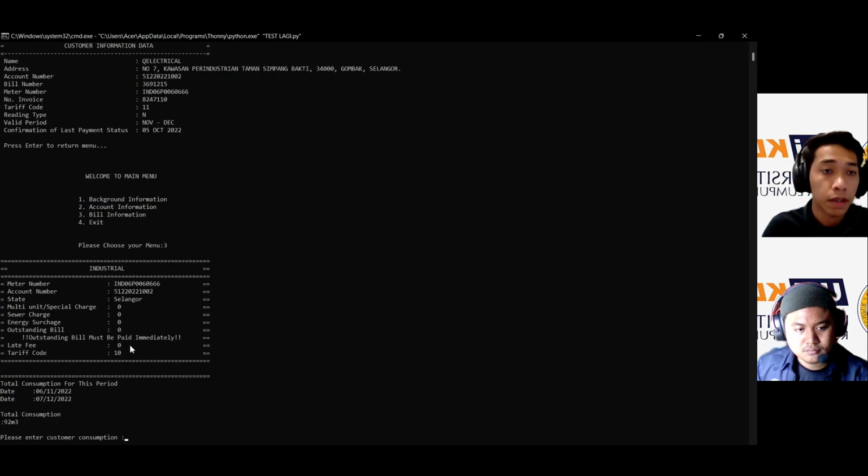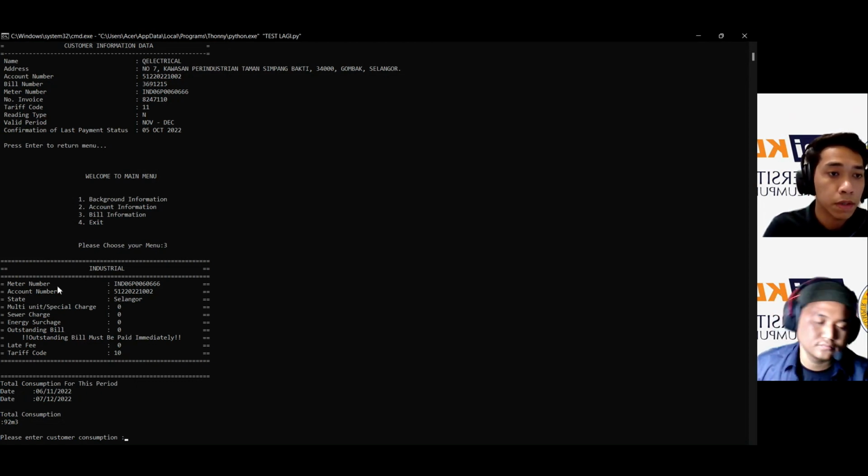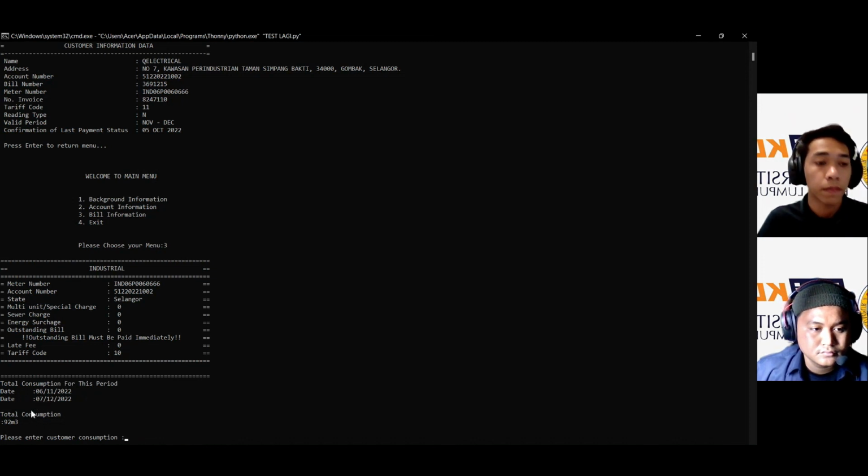It will display the industrial user's bill information. As we can see, it will show the meter number, account number, state, and so on. Below, it will show the total water consumption for this period,